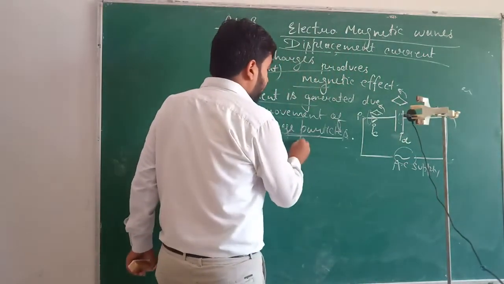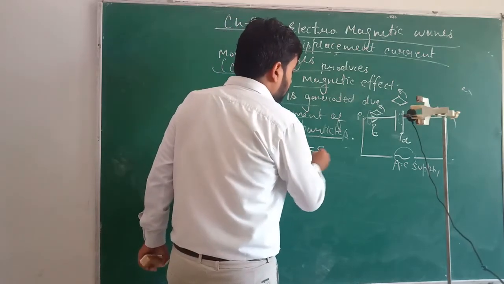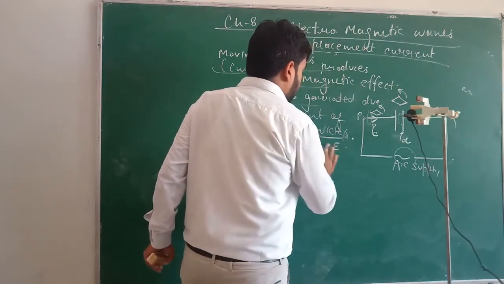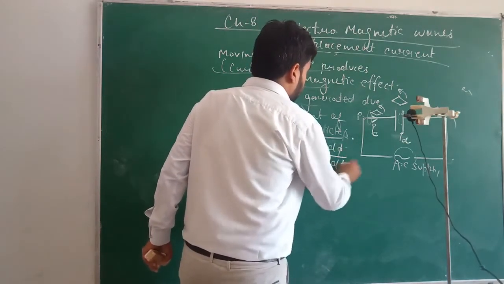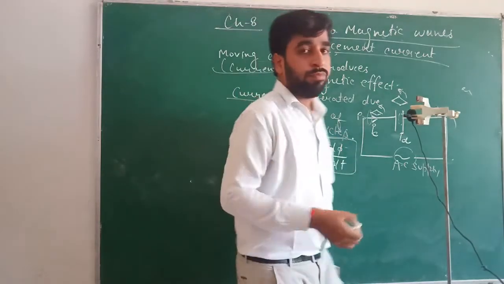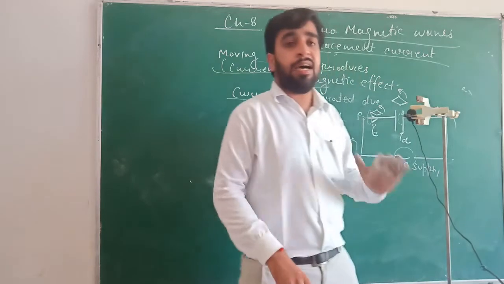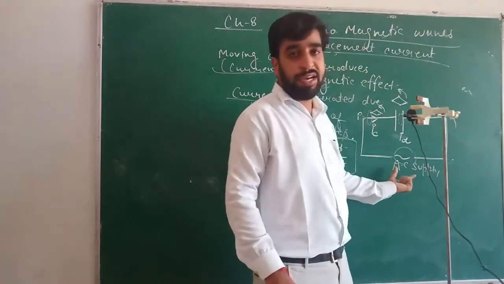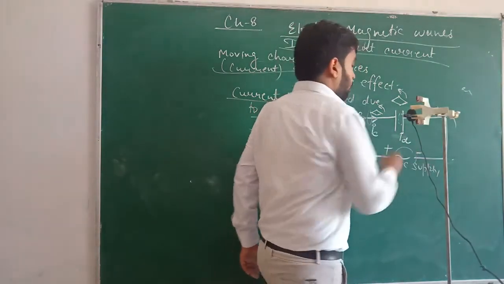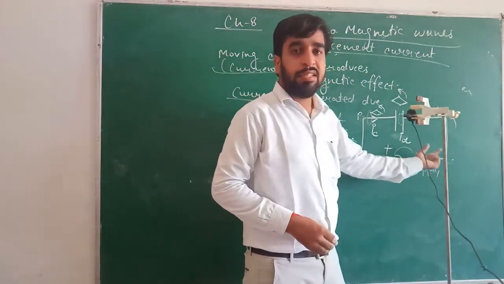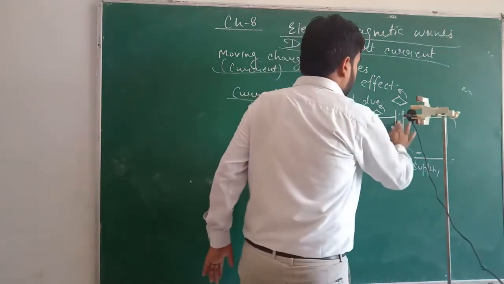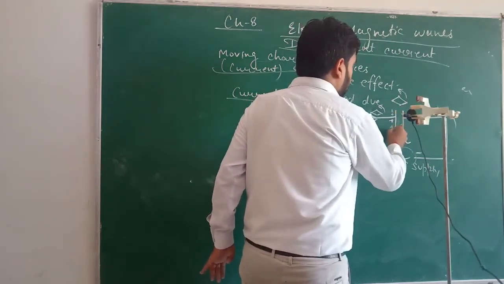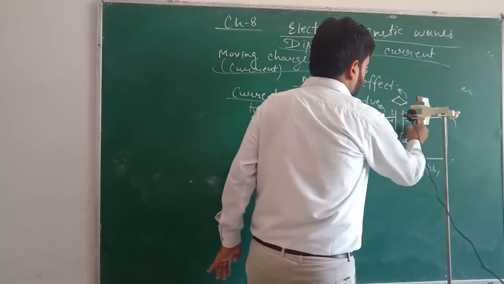So, this displacement current is generated due to the variation in the electric field. Electric field variation is generating this displacement current. How can we say that there is variation in the electric field? So students, which kind of supply are we providing? AC supply. Suppose earlier this end is positively charged, this end is negatively charged. Then this end will also become positively charged. So this plate will become positively charged, this plate will become negatively charged.